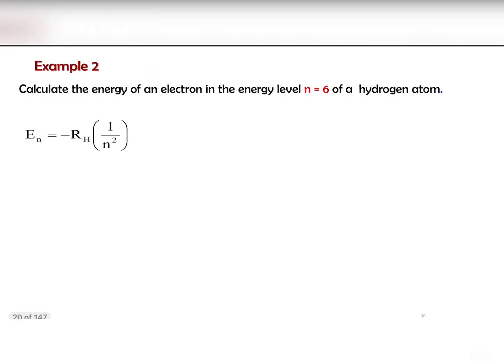Alright, so for example 2, calculate the energy of an electron in the energy level n equals to 6. Okay, so ni dia cakap mesti at n equals to 6. So sama juga, just masukkan dalam formula and gantikan this part n dengan 6, because you know that you want to calculate at n equals to 6. So your answer will be